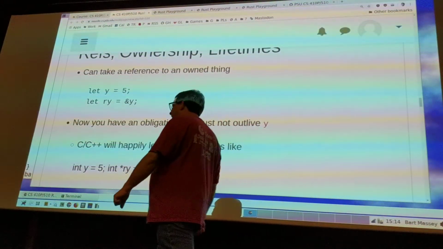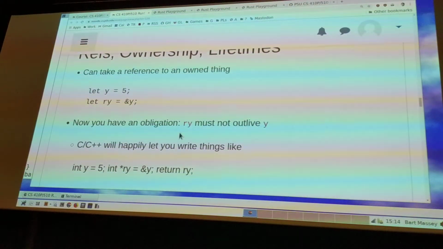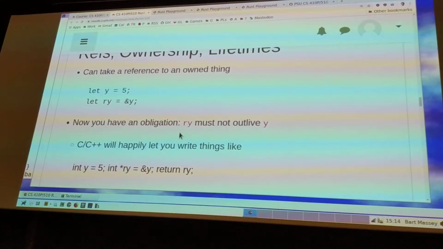The mutable situation is a little weirder. If I own a value mutably, and I give away a mutable pointer to it, well, first of all, I must not have previously given out any other kinds of pointer. So there can be at most one mutable reference to a value, and you can't have any other immutable references. And when I loan out a mutable reference, I'm effectively temporarily giving up ownership. I can't do anything with the value. I can't read it, I can't write it until that mutable reference is gone.